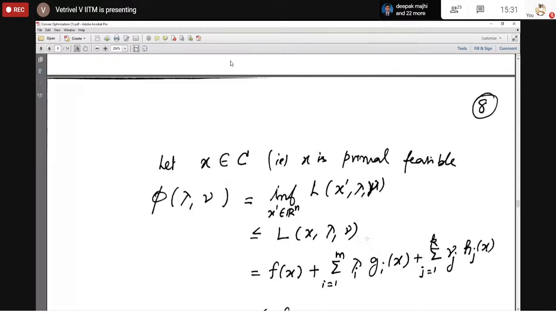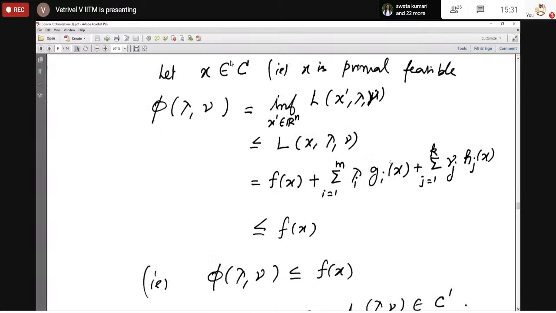So L of x, lambda, nu, by definition, is f of x plus the sum of lambda_i g_i of x plus nu_j h_j of x. Since x is a feasible point, the last term, the third term, will disappear. And because lambda is greater than or equal to 0 and g_i of x is less than or equal to 0, the second term is less than or equal to 0. Therefore, it is less than or equal to f of x. So what we have is phi of lambda, nu: if I take any x, a primal feasible point, then phi